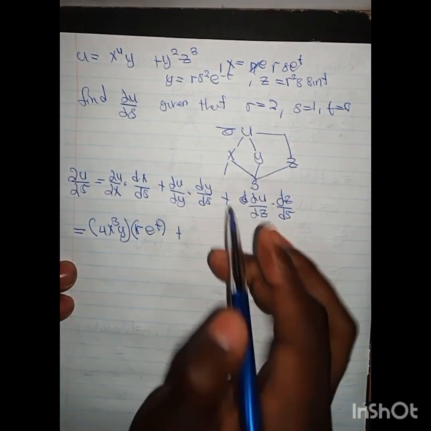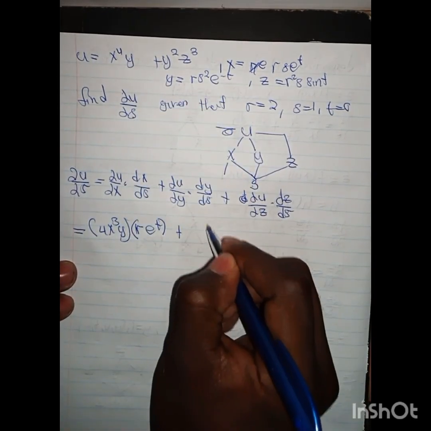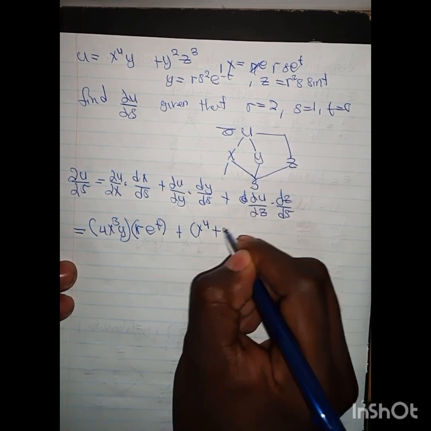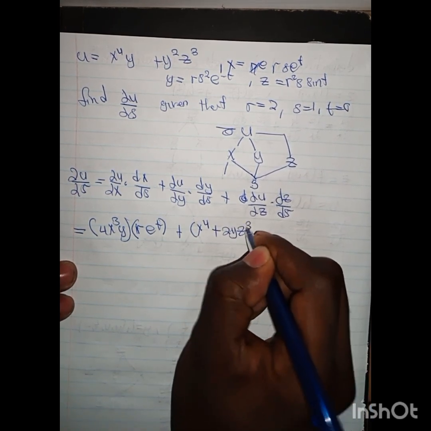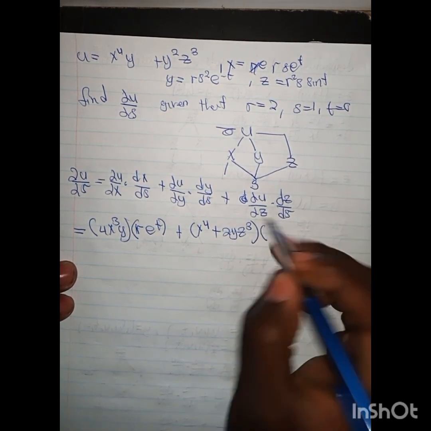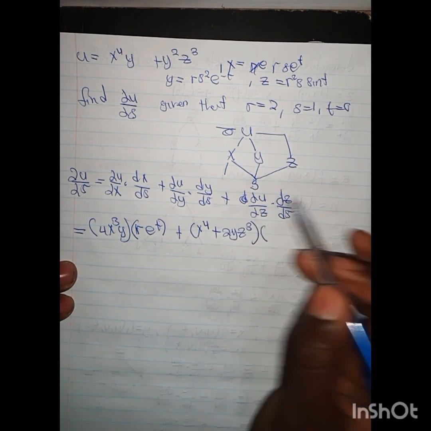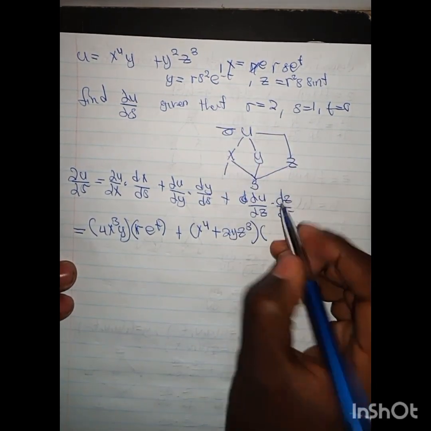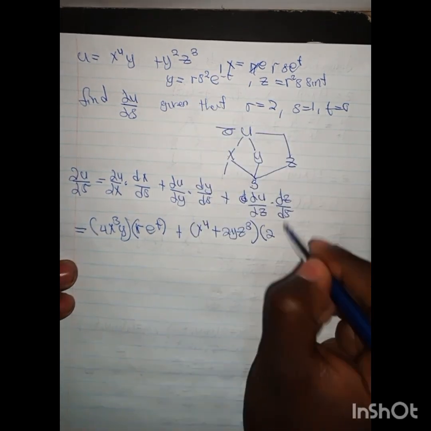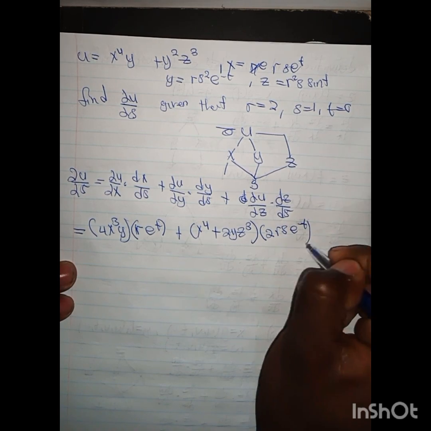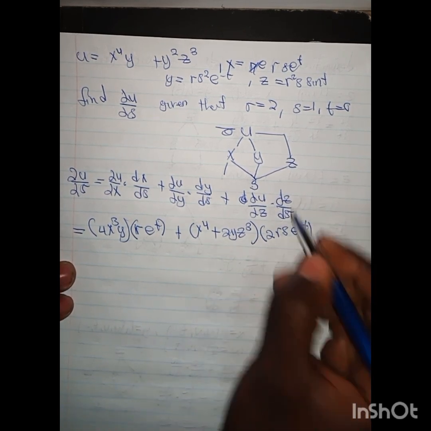Then plus du/dy, and then this is the main function. And then now we differentiate it with respect to y. We'll have x to the 4 plus 2y z to the third when we differentiate it with respect to y. Then we multiply by dy/ds. Then y is the function. However, we have to differentiate it with respect to s. It means we are going to have 2r s e to the negative t, and then plus